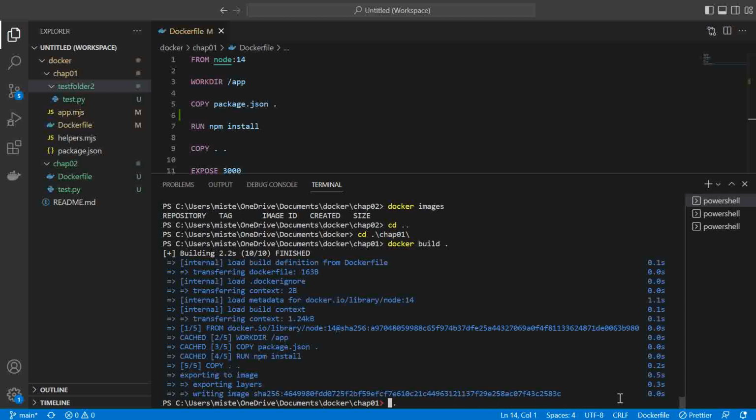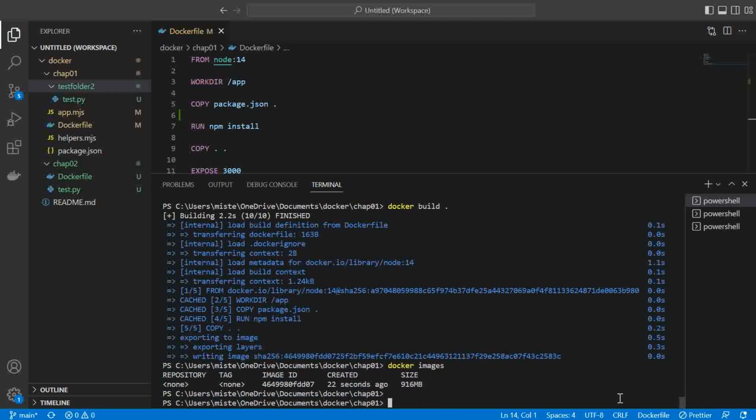You can do one more thing. You have created one image, docker images. You can rename this image with the docker tag command. The docker tag command runs from the old tag to the new tag, but right now we don't have any name, so the image id will not work. We need to provide some tag here. So docker build